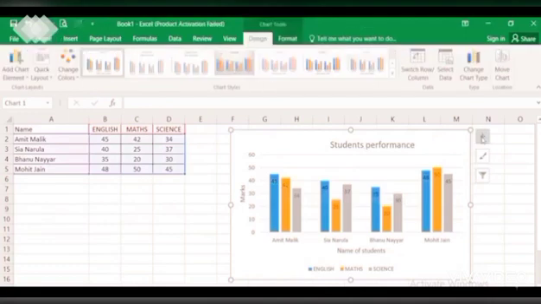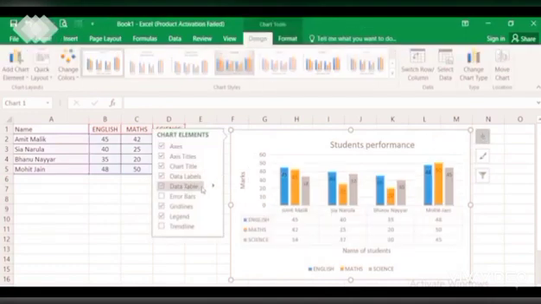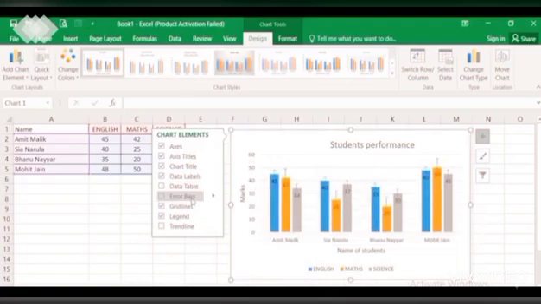After this, the next thing that we will be doing is data table. This is whether you want to even show the data table along with the chart. If you want, see here the table which was here is now coming here also in the chart. But this will make it more complex to understand. So let's switch it off. But if you want, you can have it. Then is the error bars. These are the bars, as you can see they are coming here. They are showing you the error bars. We'll just remove it.